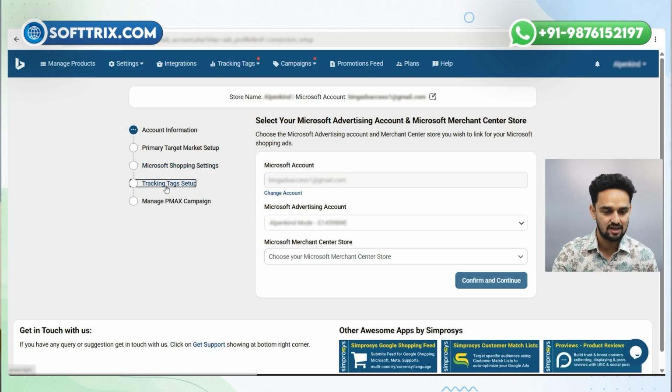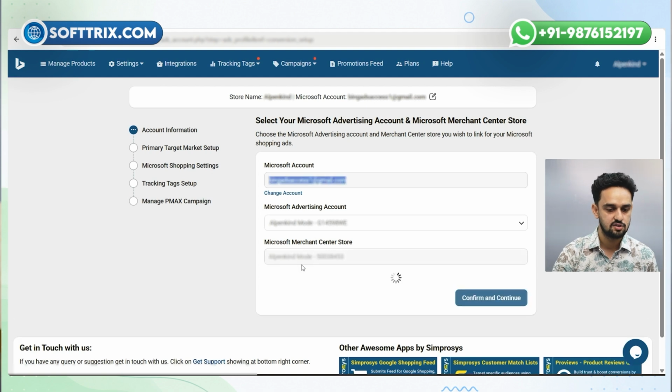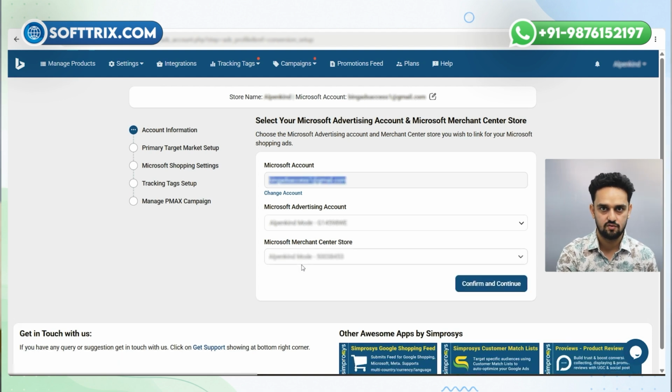After that, in the tracking setting tab, once you click on it, you will have the options to set up Shopify conversion tracking, checkout, and add to cart. Once you connect with your Bing Ads account, you just need to put in the email on which your Bing Ads account was created. After that, you need to select the add account and then the merchant center, as I have already created the merchant center. So everything is already done here. We don't need to do anything, but if you are new to it, you just need to add